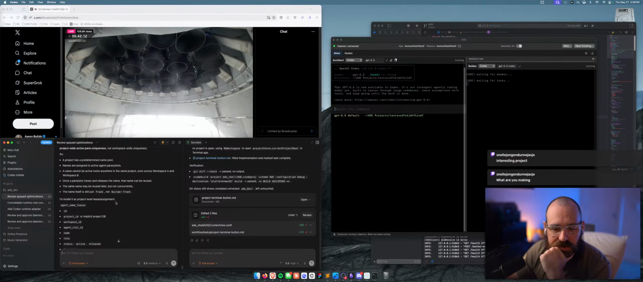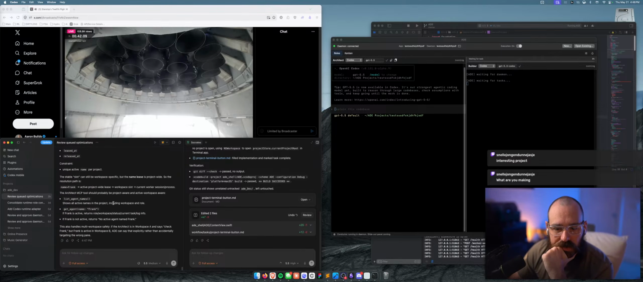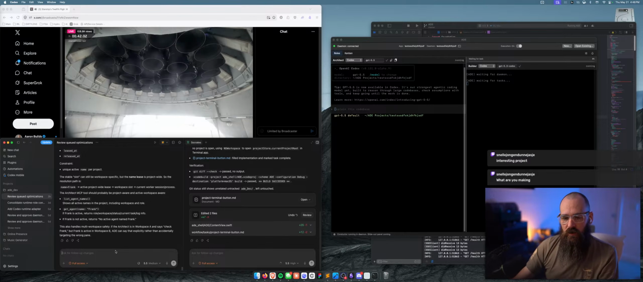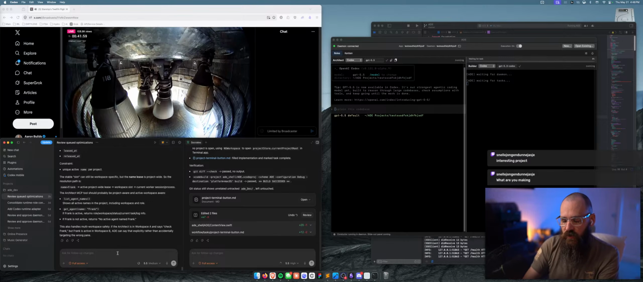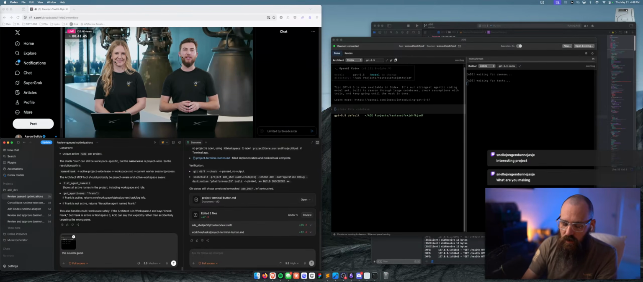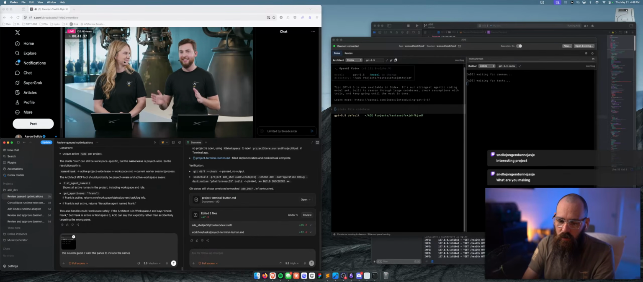Model as the project level assignment constraint. The stable slot can still be... This sounds good. This sounds good. I want the panes to include the names